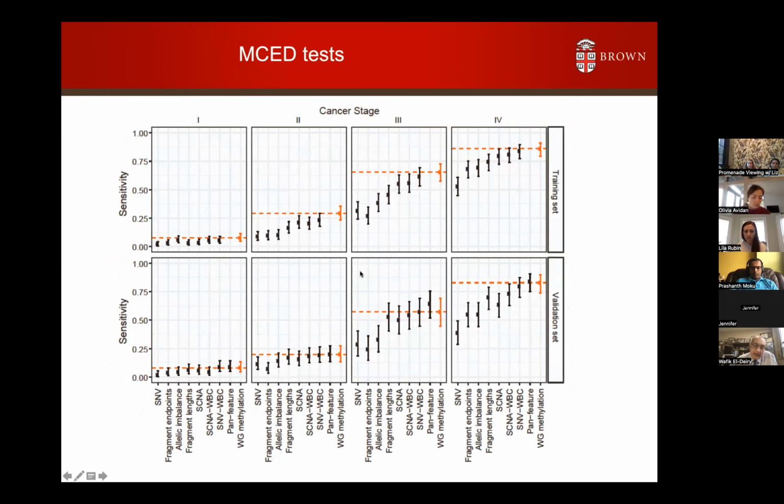The other thing in terms of sensitivity, you could look here at cancer stage, and this is across a training set and a validation set in this sub-study. And you could see the sensitivity, the percentage of patients without diagnosed cancer who are proving to have different stages of cancer. So you could see for stage 1 and stage 2 combined, you're getting up to the 40 to 50%, maybe a little bit less across cancer types. And this is important to recognize because this is a blood test, and a lot of these cancers going into this, there is no test. So you could say, well, that's just not good enough. But I think